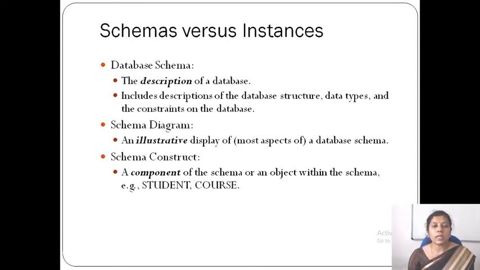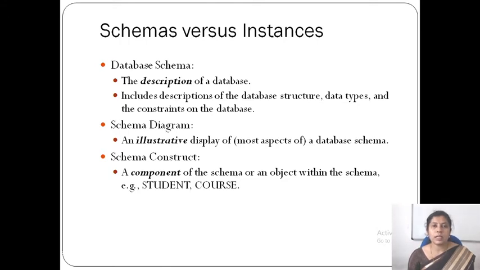Then it can be illustratively explained using a schema diagram. Schema diagram can be used to illustratively explain the database schema. Then schema construct. Schema construct means a component of the schema or an object within the schema.